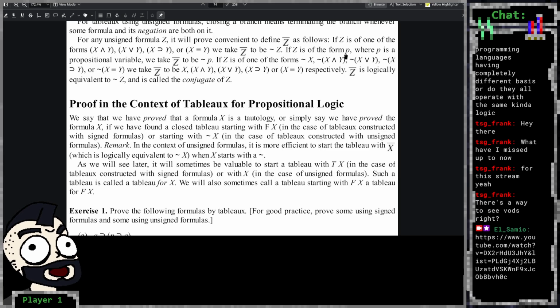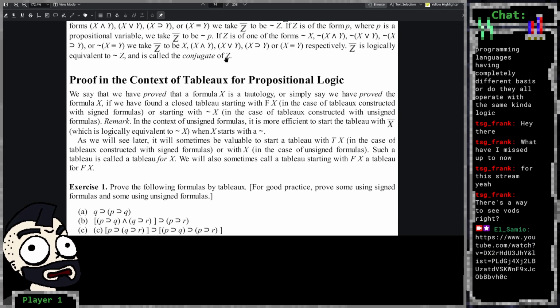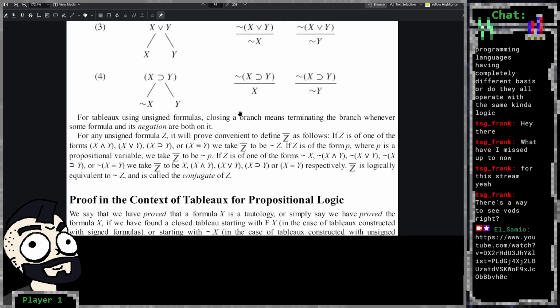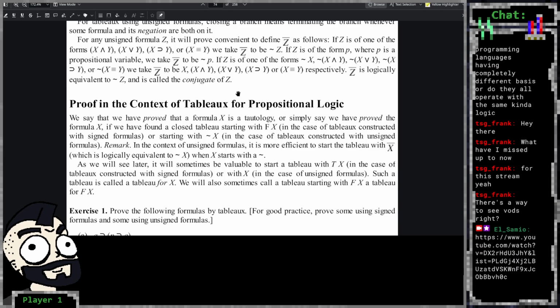If it is a formula of the form P, where P is a propositional variable, which is finally the smallest element of our systems, propositional letters, then it's just the negation. If it is a complex formula, then we just do one of the following. This is basically the things that